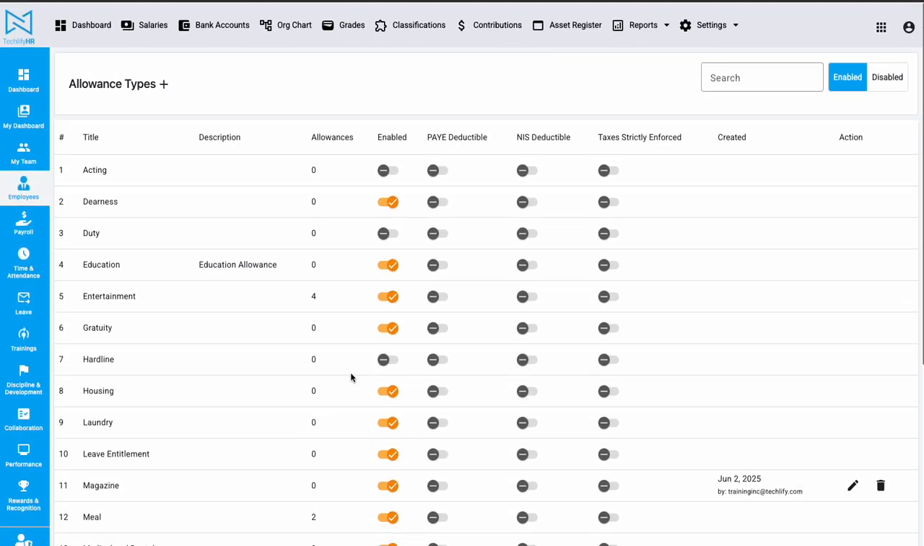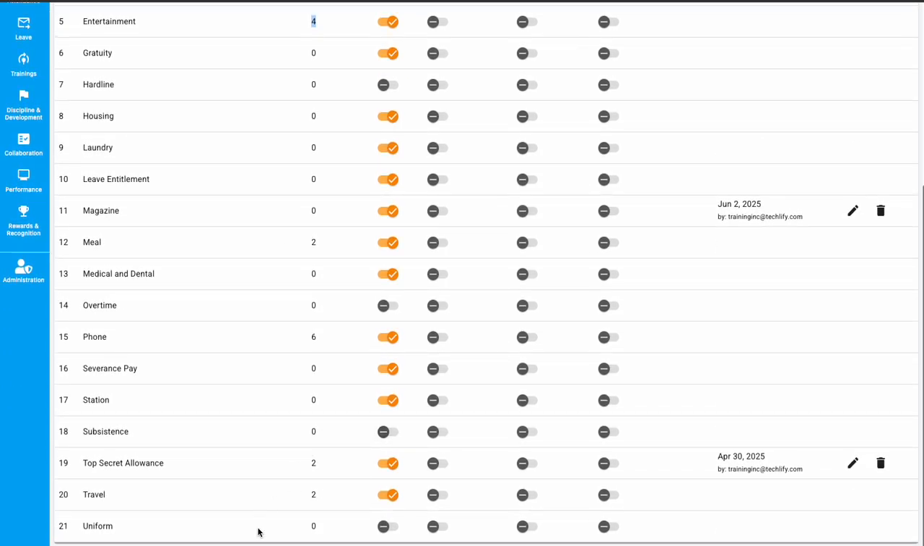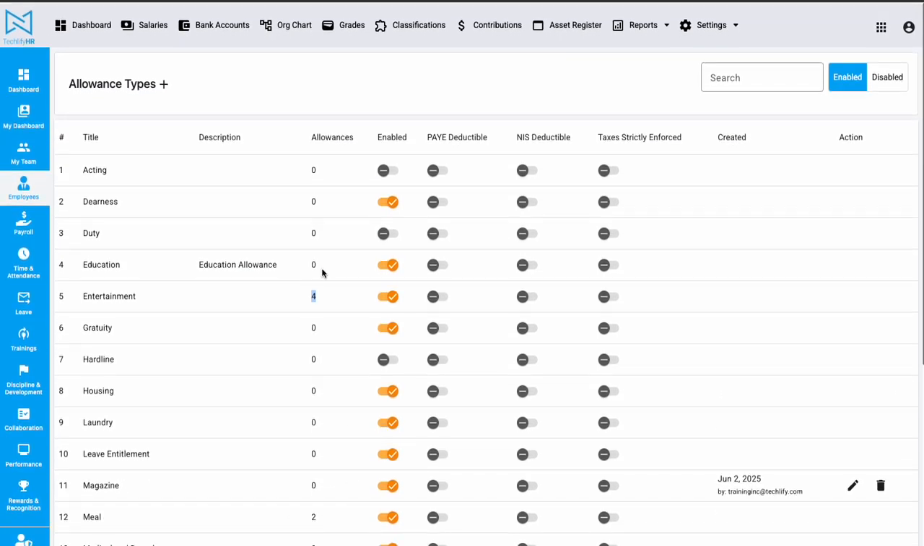And one cool thing that you would see here is that for each allowance type, you'll see the number of allowances that you have within the system of that type. So you'll see the ones that I disabled. Acting, we have 0 allowances, hardline 0, overtime 0, subsistence 0, and uniform 0. So these are types that are not used. Now if I refresh this page,